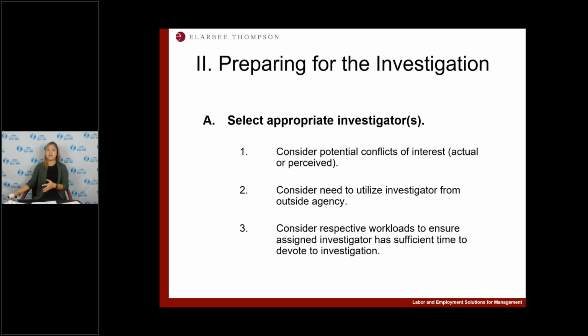So if everyone thinks that I am best friends with the respondent, the person who's accused of acting improperly, it doesn't matter if I actually don't know him from anyone else. If the perception is there, I am not a good selection for an investigator. And then, depending on the complexity of the complaint,